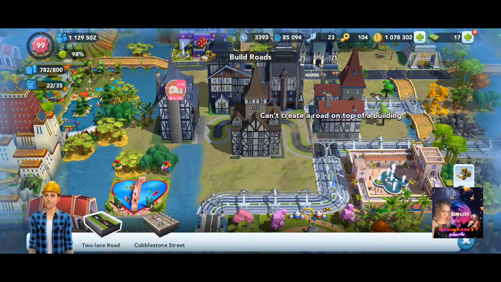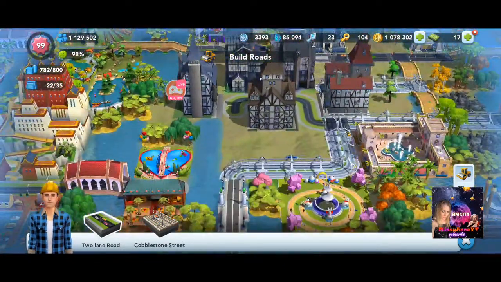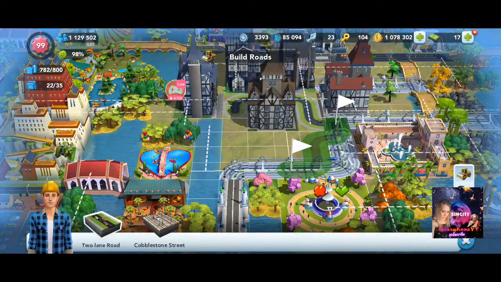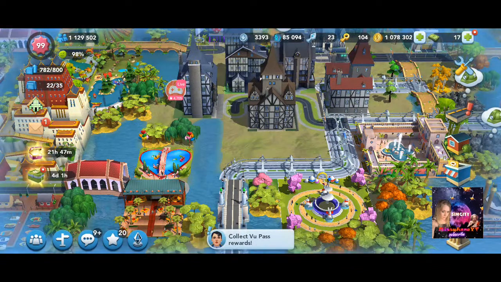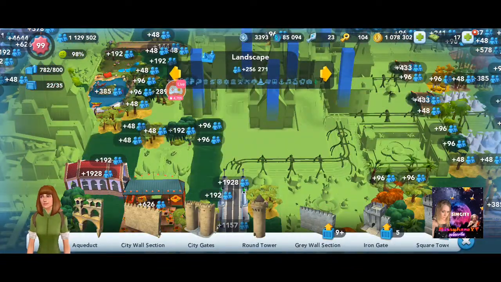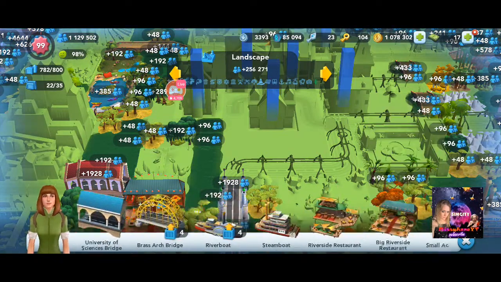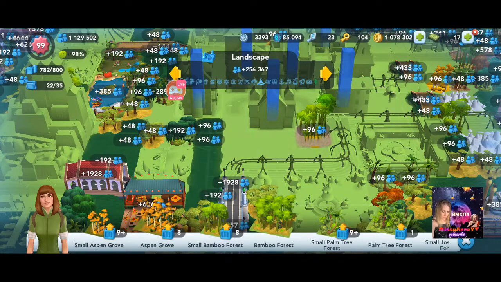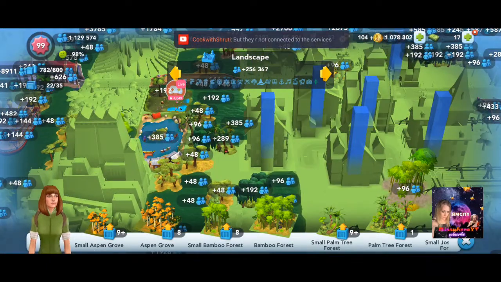Okay? And then you can put something else here, whether it be like a building that just blocks this all off, or you could do like a tall tree to block this off, like that. Obviously,